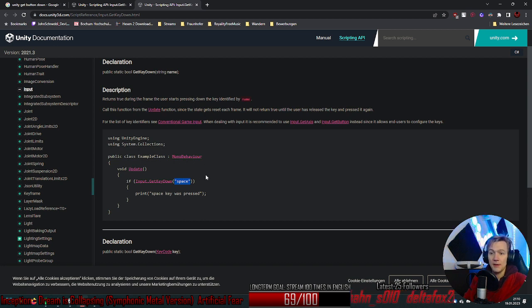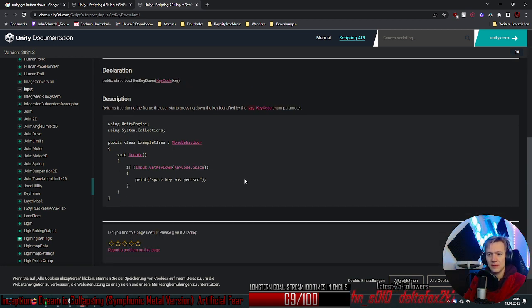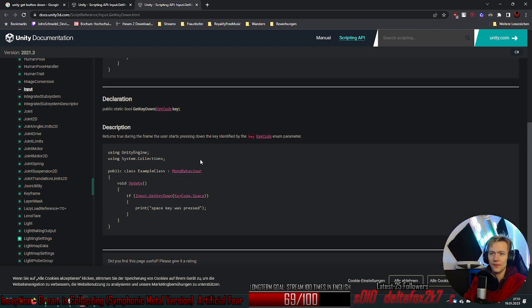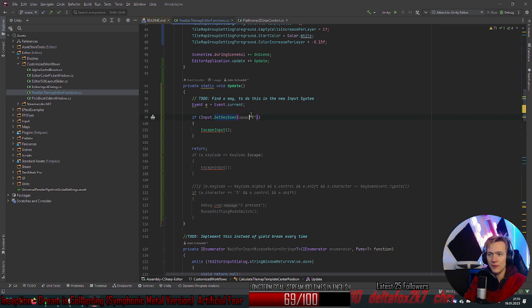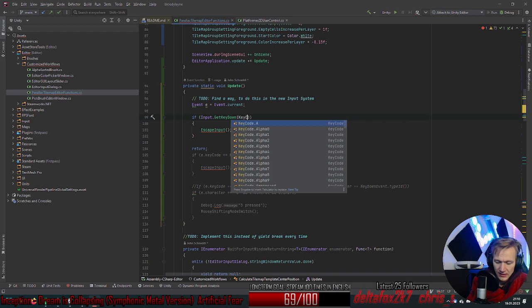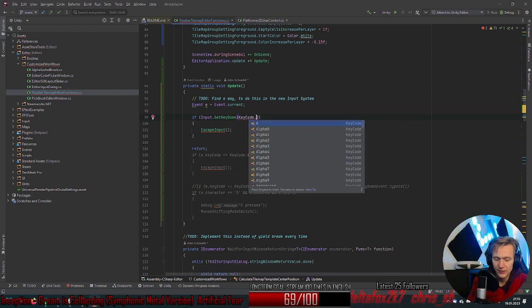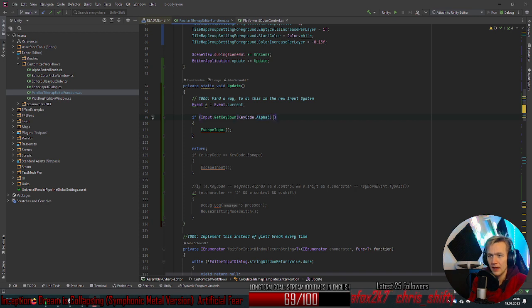So it could be A, but I'm just guessing now. For example, oh, key code. We can give it a key code, and then we don't have to rely on the string and just guess how it's named. KeyCode.Alpha3, and let's see if